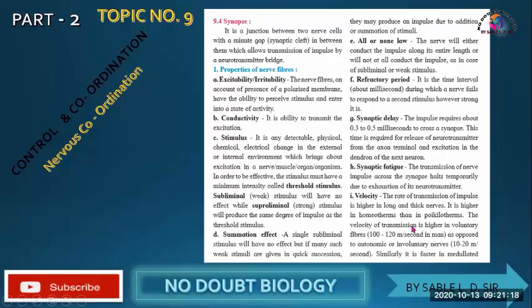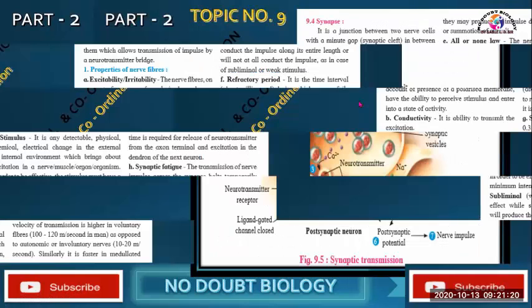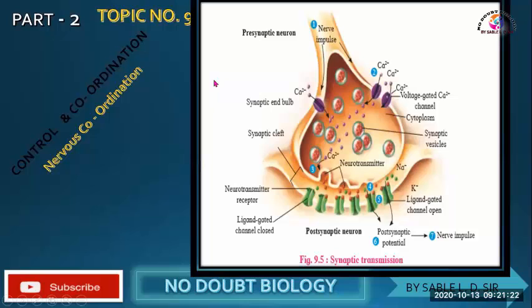Next is the presynaptic neuron. This structure shows the presynaptic neuron, where the nerve impulse is transported, and there are calcium ions also, then voltage gated from the outside. So there is the actual transmission of the synapse. This is the synaptic cleft, and the neurotransmitter receptors are there in the outermost